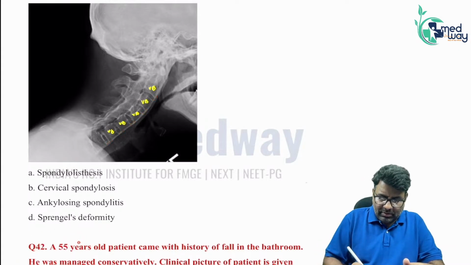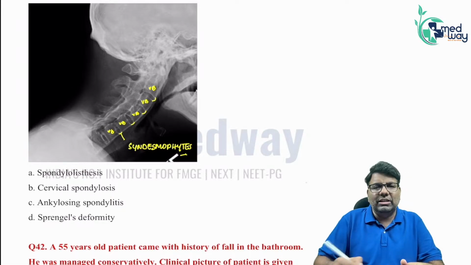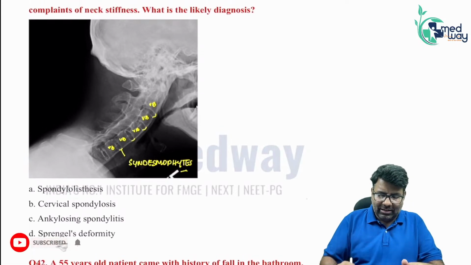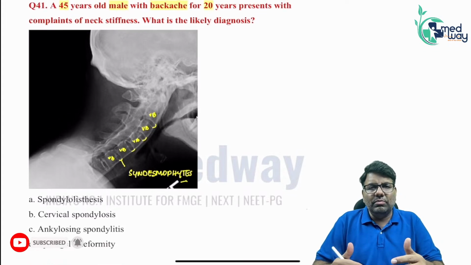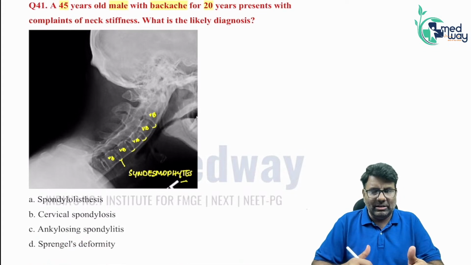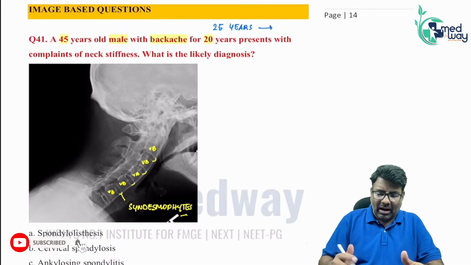So these are syndesmophytes. This is the reason for neck stiffness. The patient is not able to move the neck because the cervical vertebrae have fused together. And this is a classical case of